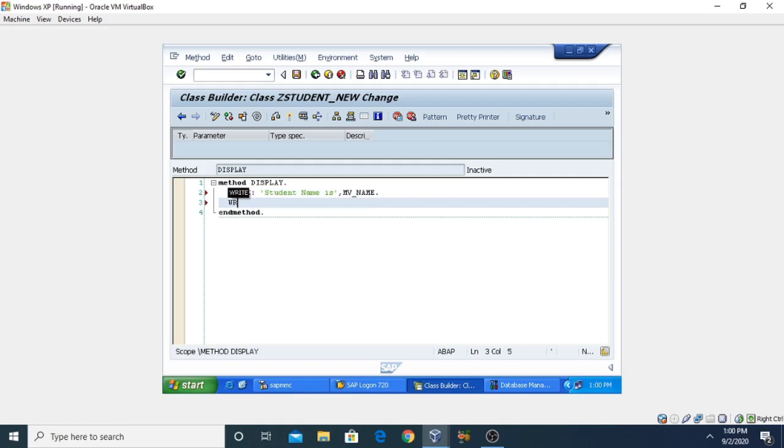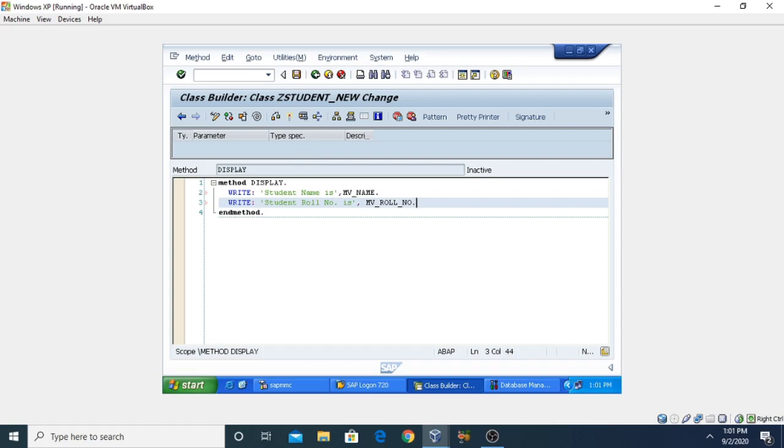Similarly, we can also take another write statement. Write student roll number is mb underscore roll underscore number. Now click the save button to save the method.